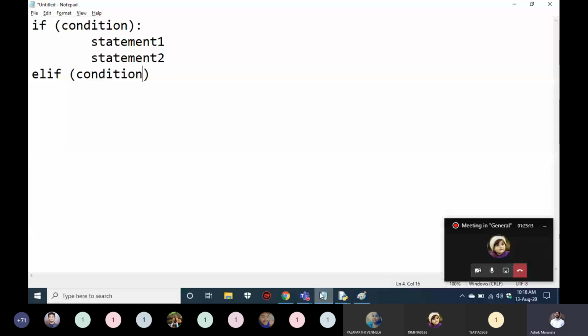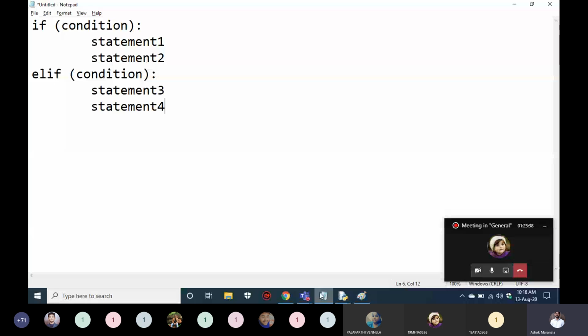Then we have given a colon. That means now the elif block has opened. If elif is true, then we'll give statement 3, statement 4. Then we go to else.